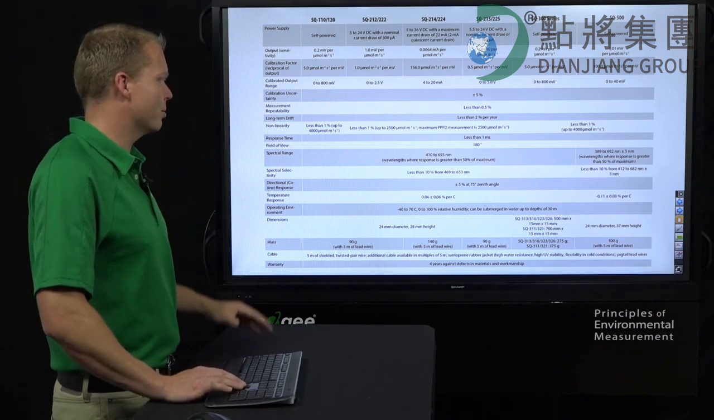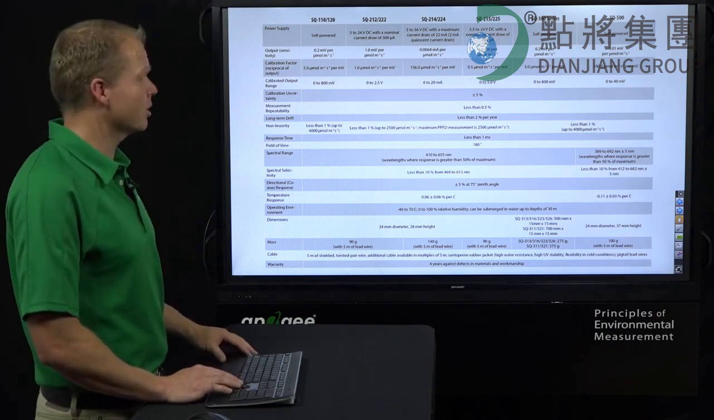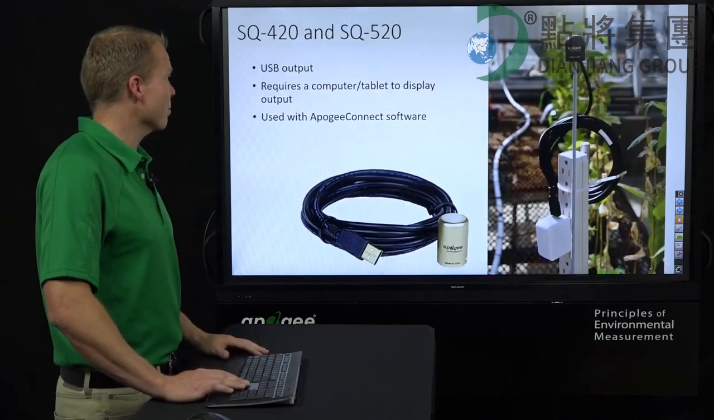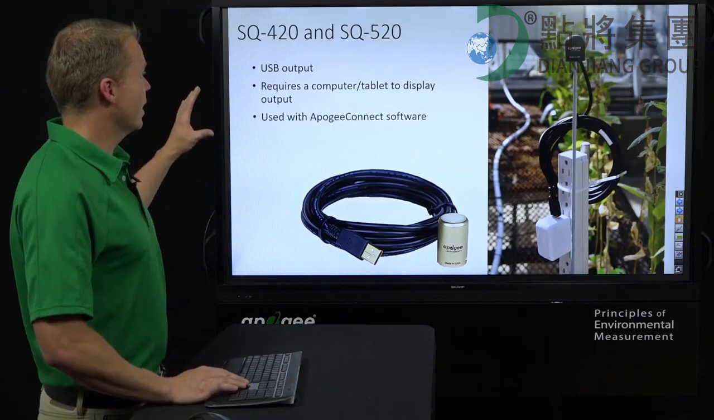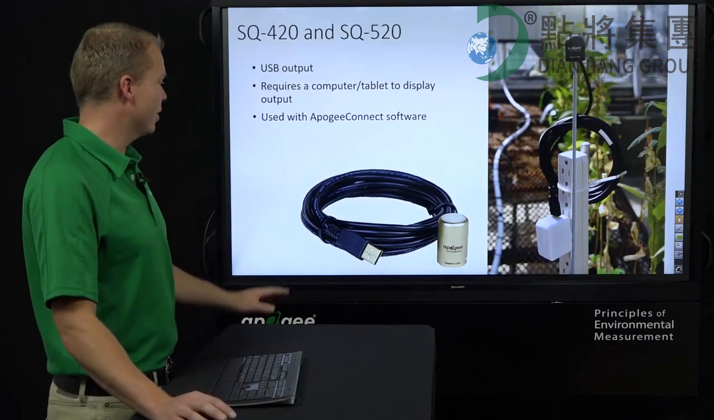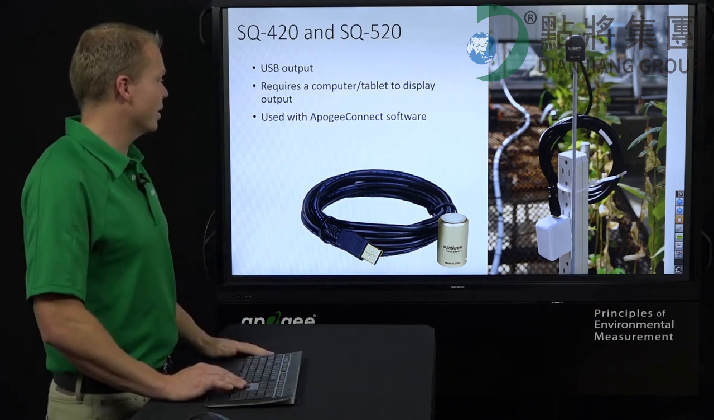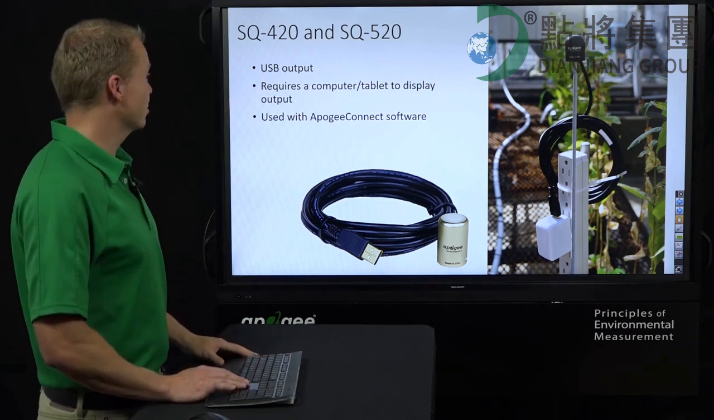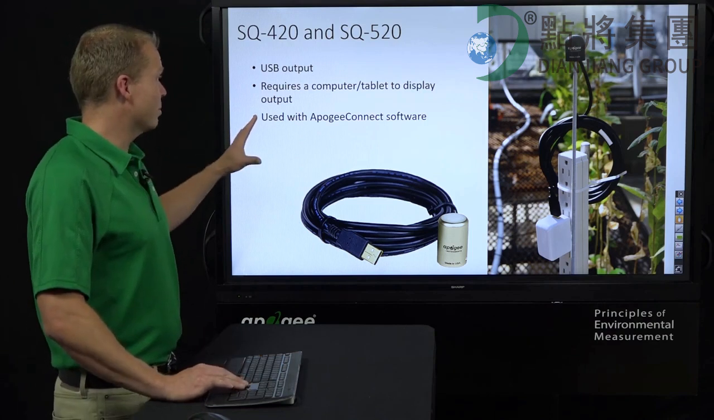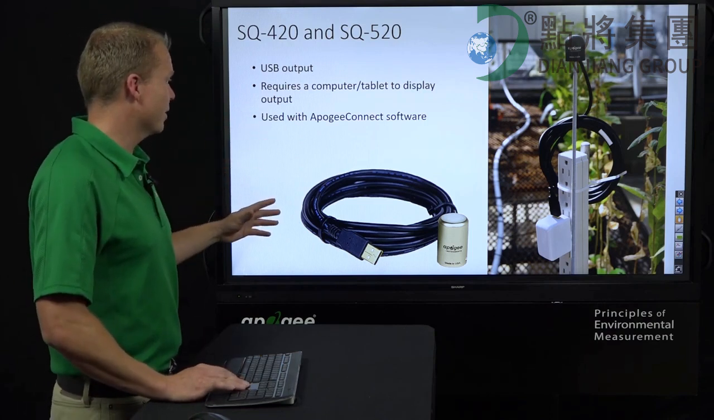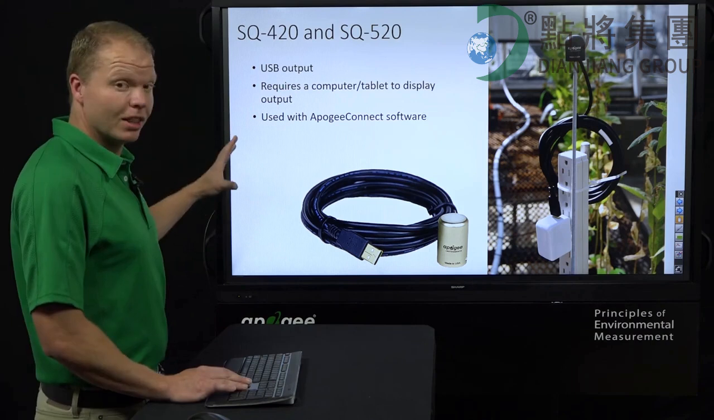So you can pull this up on the website and look at it yourself, see if the specs meet what you're looking for. The SQ420 and SQ520 both have a USB output. So the 400 being the original series, the 520 being the full spectrum series. It does require a computer or tablet to display the output, but one of the really neat things here is